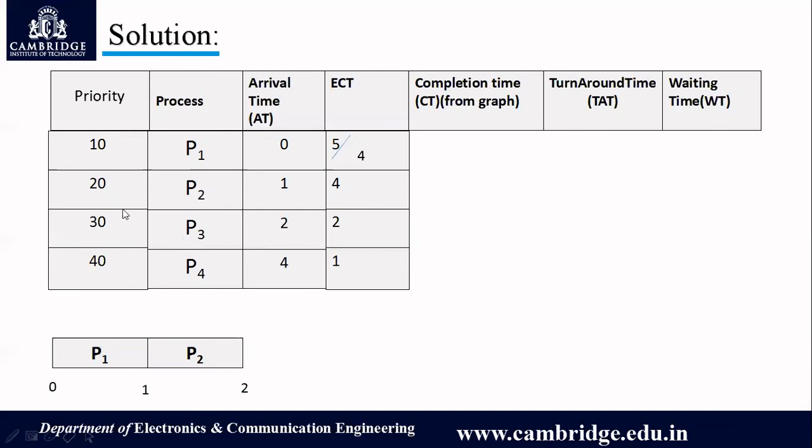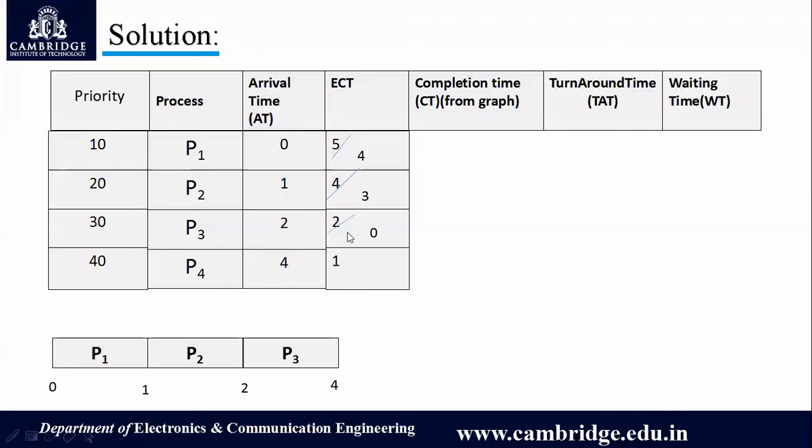Now out of these three, whichever has the highest priority, that particular process has to be chosen and given to the CPU for execution. So P2 would be left with 3 milliseconds of execution. Next, I would decide out of these three which one to choose. I would choose P3 because it has the highest priority. P3 would get executed for 2 milliseconds because I don't have any entry at 3, right? So I would run it for 2 milliseconds.